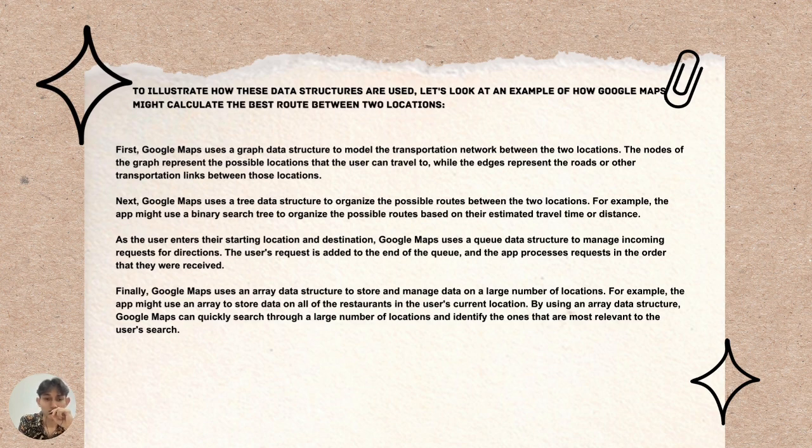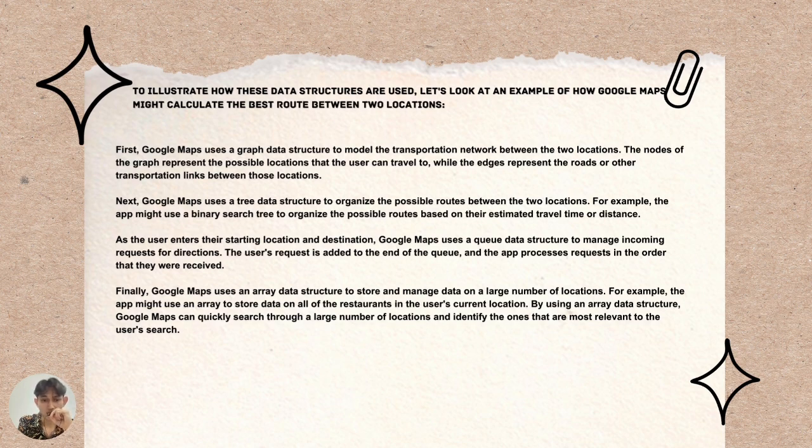Next, Google Maps uses a tree data structure to organize the possible routes between two locations. For example, the app might use a binary search tree to organize the possible routes based on their estimated travel time or distance. As the user enters their starting location and destination, Google Maps uses a queue data structure to